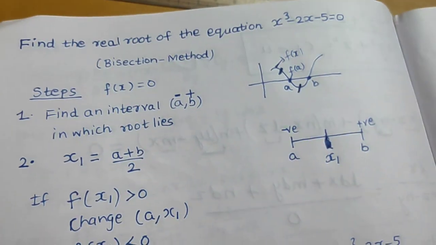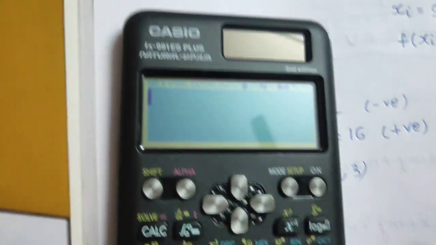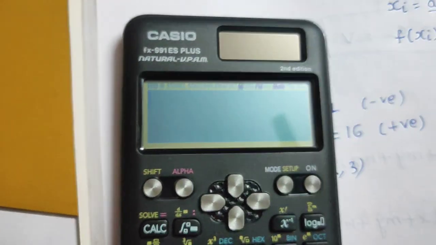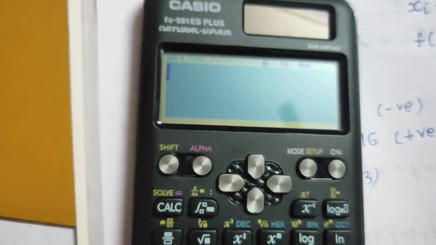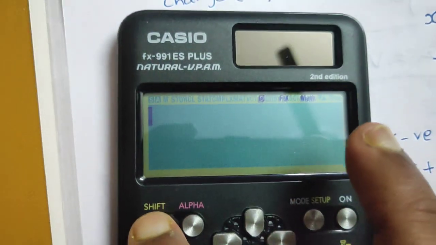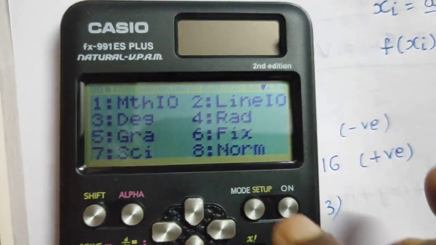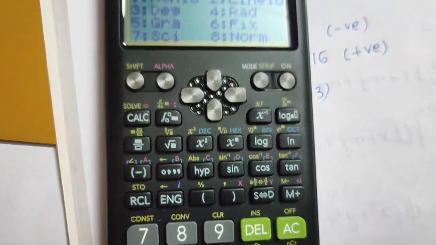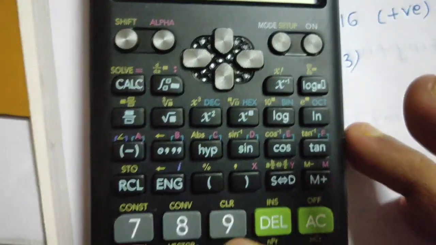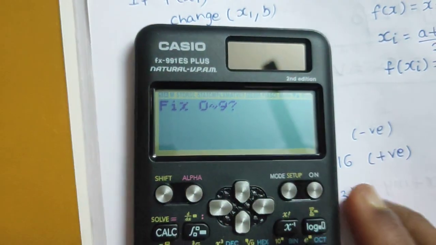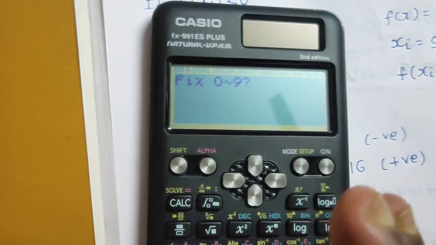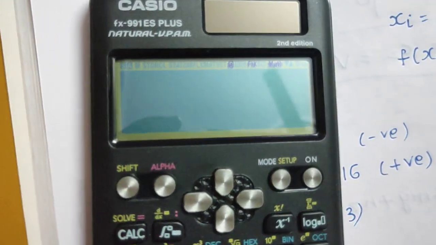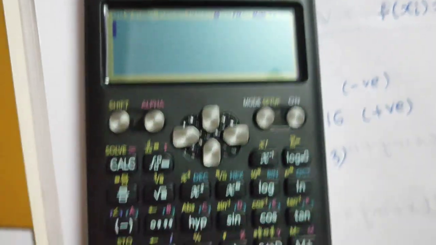Because in this question it is not mentioned up to how many decimal places, for the sake of simplicity I'm taking up to 6 decimal places. And how we do that, we go to shift and mode, and you fix your decimal. This is for 6. You can fix anywhere between 1 and 9. So if I press 6, it says fix your number of decimal places between 0 and 9. So I choose, let's say, 6. Okay, so when I fixed it to 6,